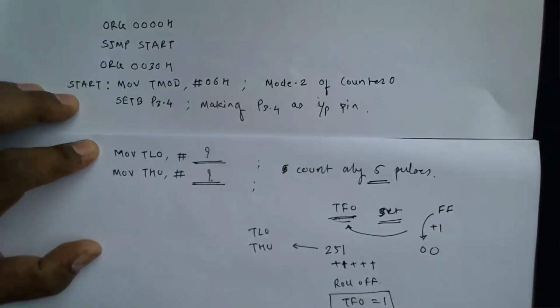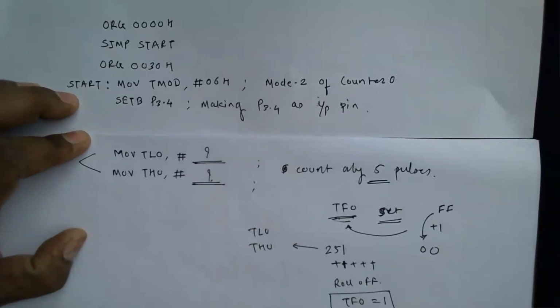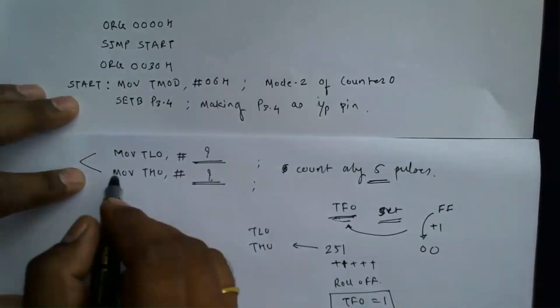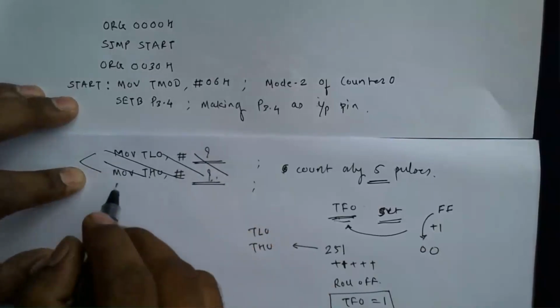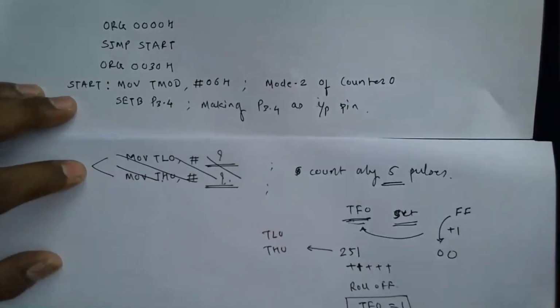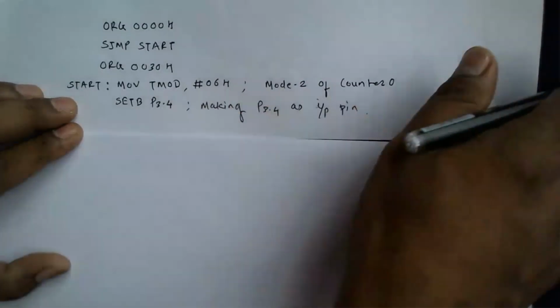And once this is set, we will come to know that we have counted 5 pulses, and now we can toggle the LED, right? So this is what we have to do. So to load this 251 into this particular program, in continuation to this program, what we can do, we can move